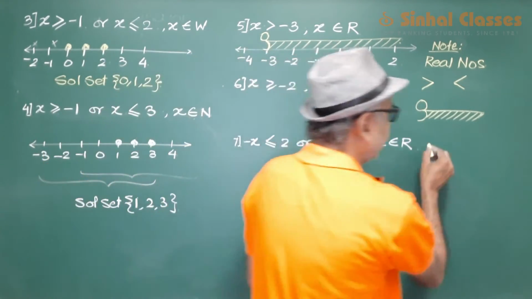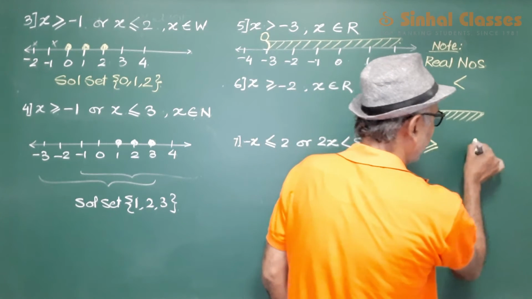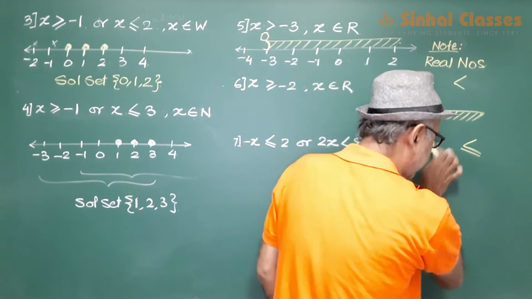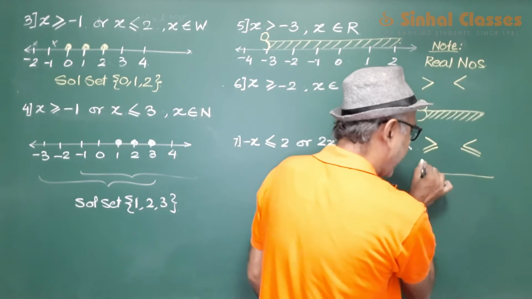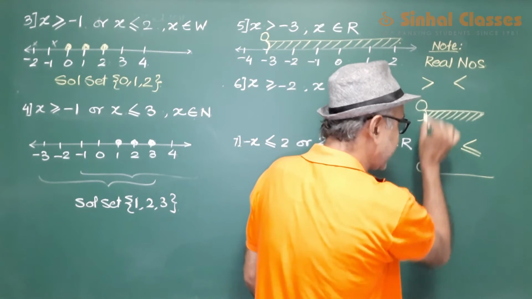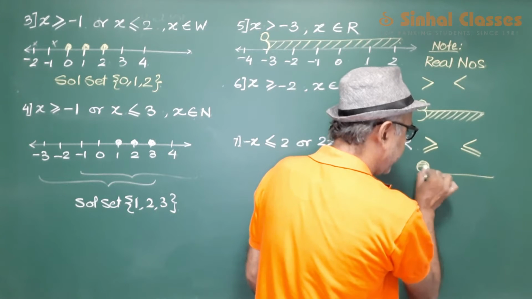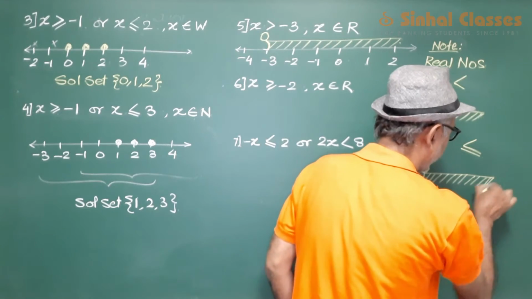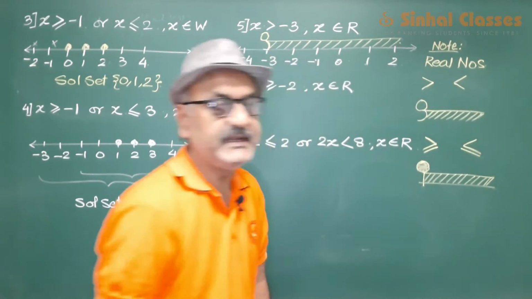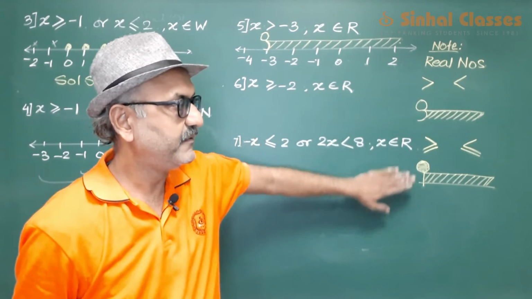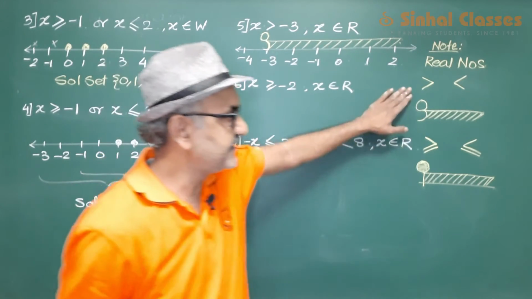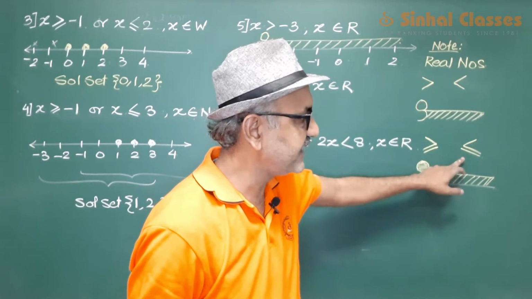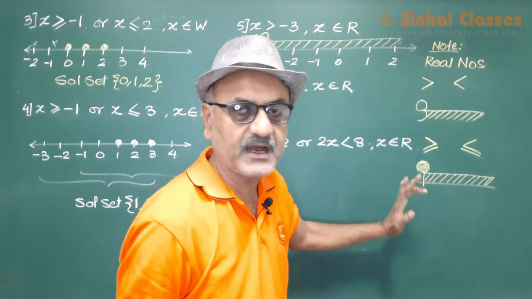But when you are dealing with real numbers and you have greater than equal to, lesser than equal to, then you have to put a straight line and a circle, and this time the circle is not a hollow circle, it is a circle which is darkened. So it is a dark circle. So beta, these are the two requirements when you are solving a sum based on real numbers. If it is greater or lesser, you put a curve and a hollow circle. If it is greater equal to or lesser equal to, you put a straight line with a dark circle.